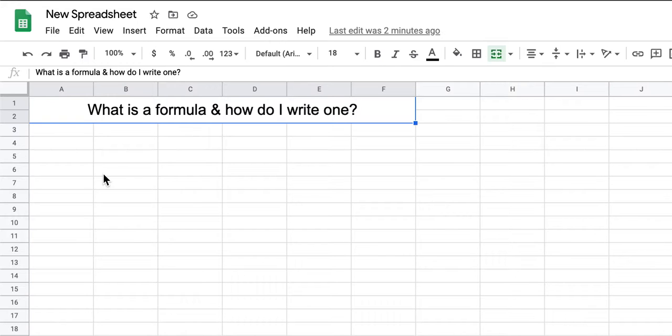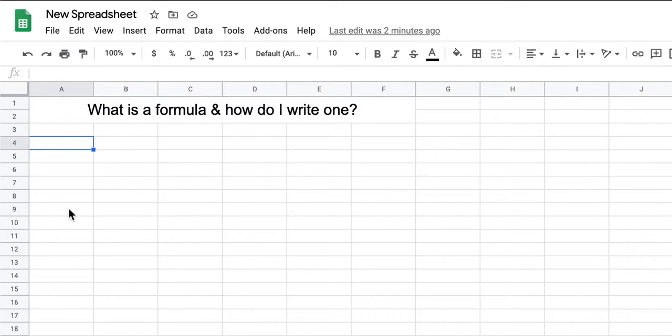I was talking to a friend recently and she mentioned that she didn't know what a formula was in a spreadsheet and how to use one. So I wanted to go a little bit backwards and just dive into what exactly a formula is and how you can use one. A formula is an expression telling the computer what mathematical operation to perform upon a